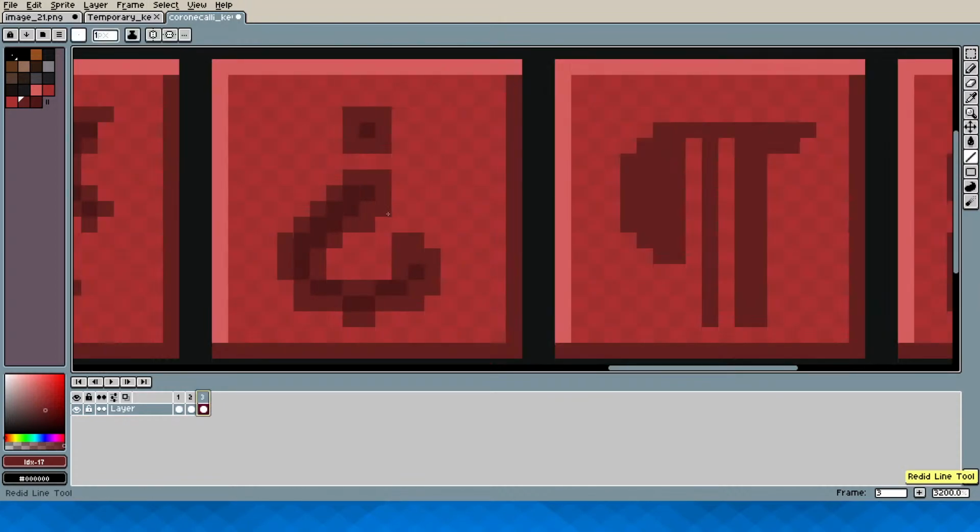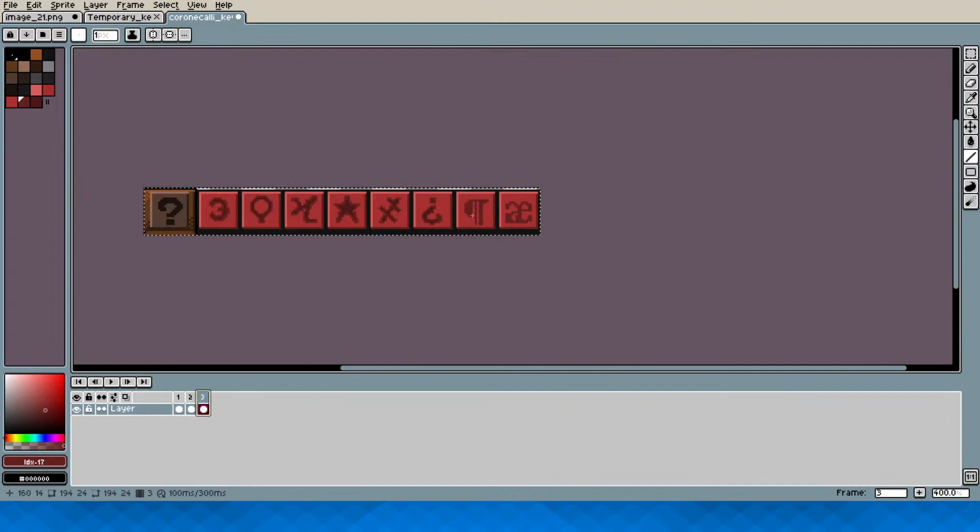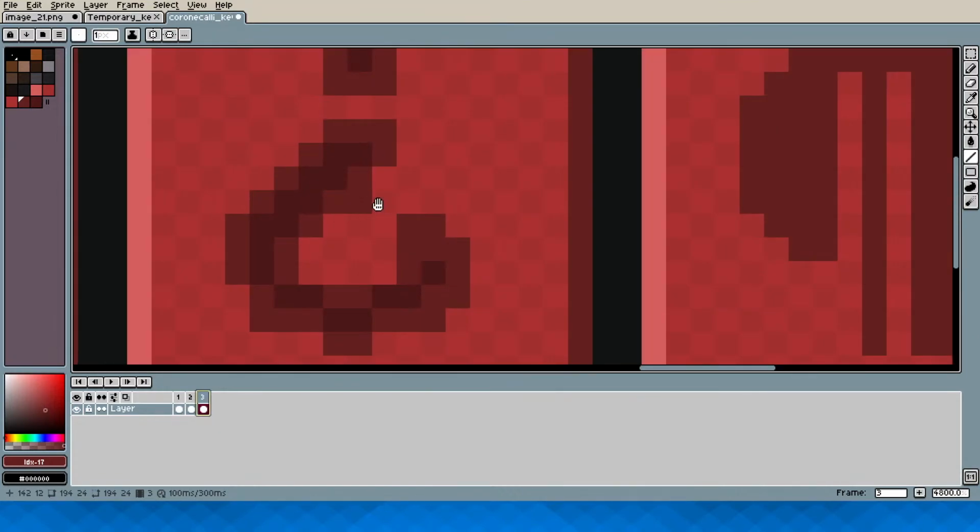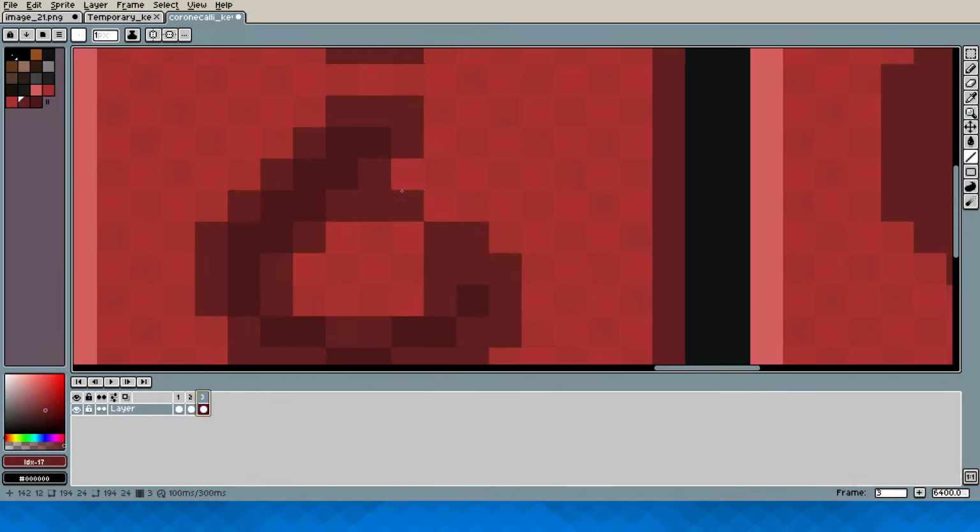Well, how do I deal with this part of the sprite? I have no idea. Wait, one second, let me check the stream real quick. Right, okay.